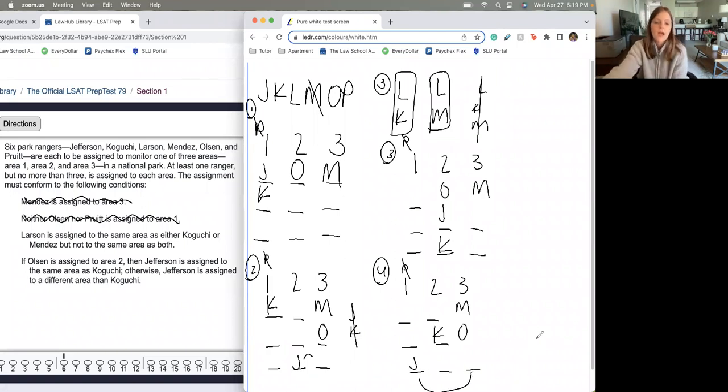or 3. And it may be that it gets forced to go somewhere once we kind of flush out that third rule. But for right now, I'm just going to kind of do those